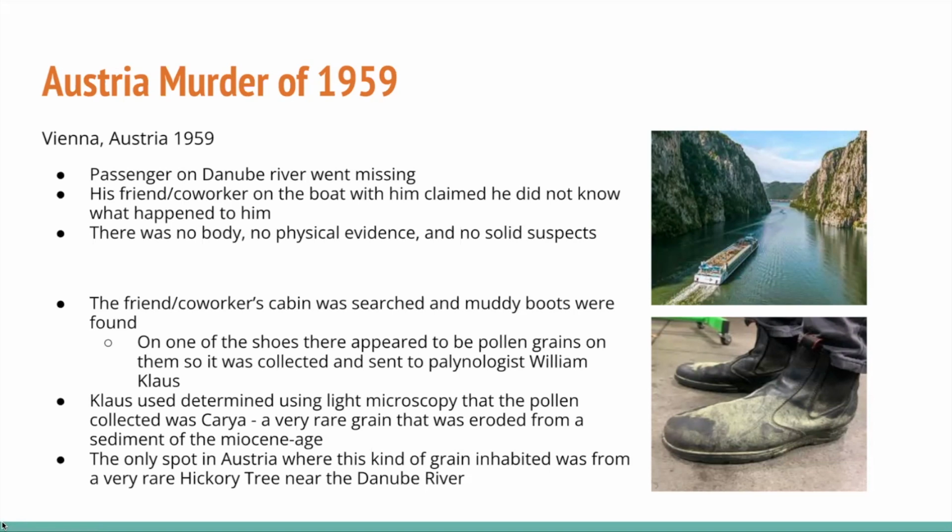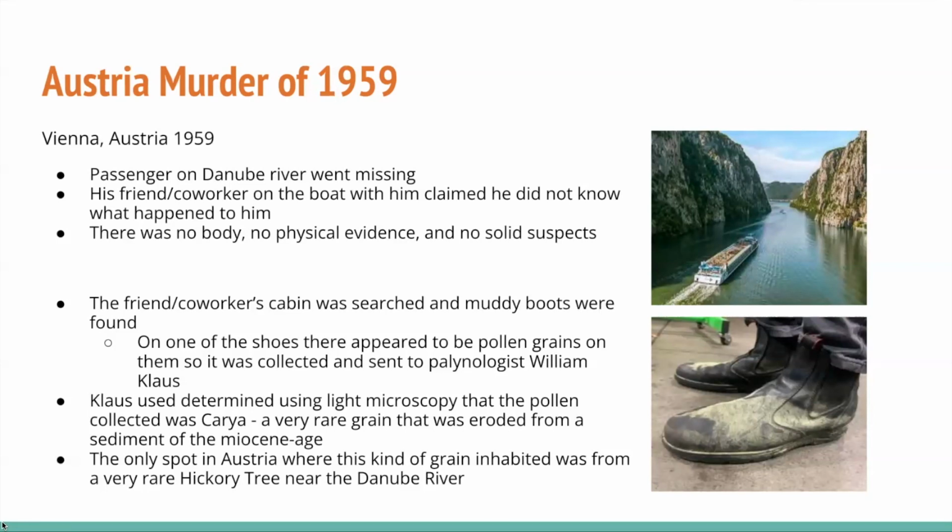The case that demonstrates the first use of palynology is the murder in Austria in 1959. It happened in Vienna when a passenger on a boat along the Danube River went missing. He was accompanied by a coworker on the boat, but that coworker claimed he did not know what had happened to him. Since there was no body, no physical evidence, and no solid suspects, it ended up at a stalemate. Eventually, though, when they were searching the coworker's cabin, they discovered that he had muddy boots there,